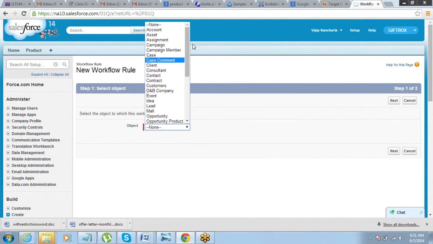Select the object. Which object you want to select for this? Product is the object, right?